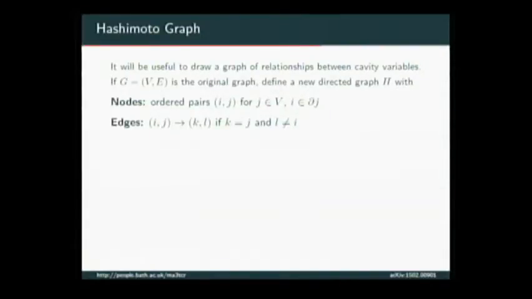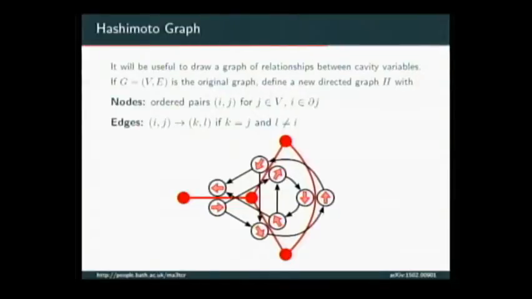So if you're struggling with that, I'll give you a simple example. Here I've got a 4-node network. So what does a Hashimoto graph look like? This isn't going to be a quiz question because it looks like this, right? It's horrible. But basically, what's happening here is that every edge, every red edge in the underlying graph, sprouts 2 nodes for the 2 directions that it could be traversed. So I do that for every edge. And then I join them up if it's possible to traverse one and then the other without turning around. Okay. So this is also known as a non-backtracking operator.